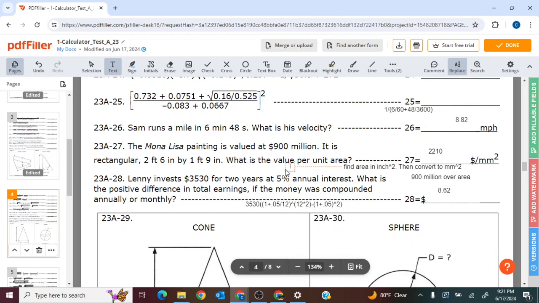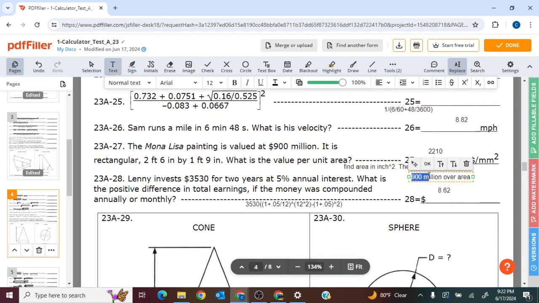So now you go to Apps, scroll up, Side Tools, Unit Converter, Area. Now there actually isn't a millimeter squared option here, but you do have meters squared. So what I'm going to do is convert 630 inches squared to meters squared, you get like 0.4064, and then you can multiply that value by 1 million, or 1,000 squared, to convert from meters to millimeters. Then once you have that area, you simply do $900 million over that area, and you get your 8.62. Or sorry, I'm looking at the wrong thing. You get your 2210 right here,